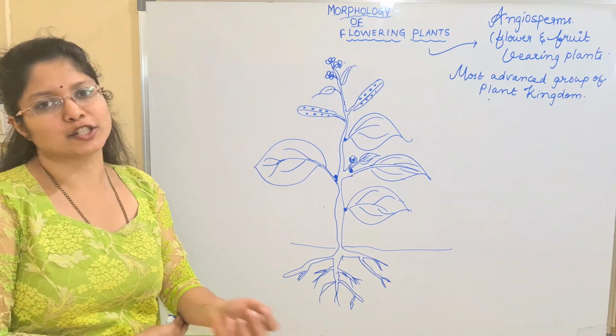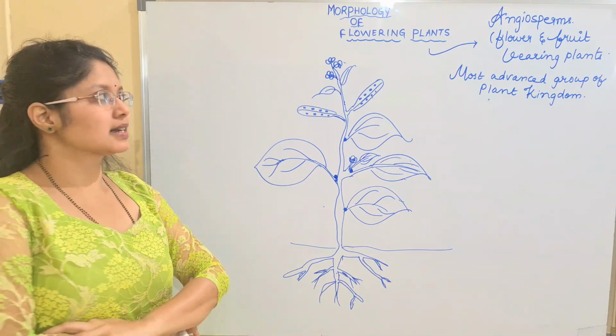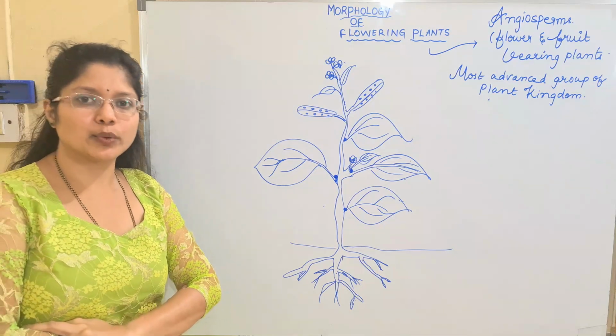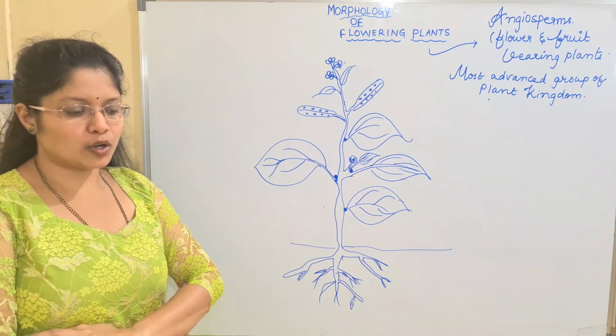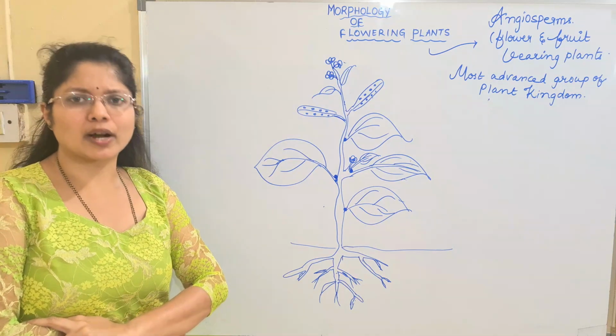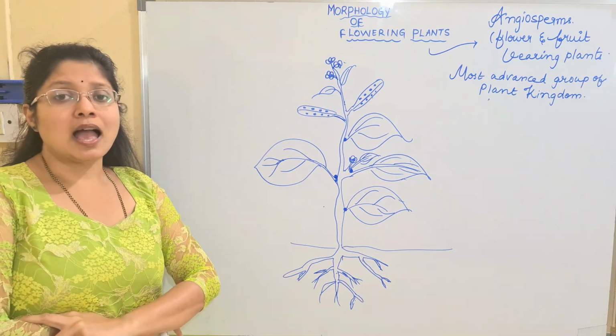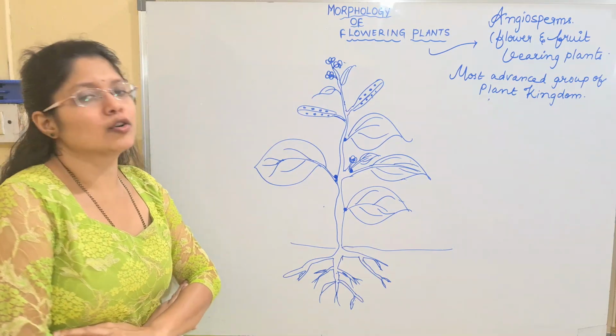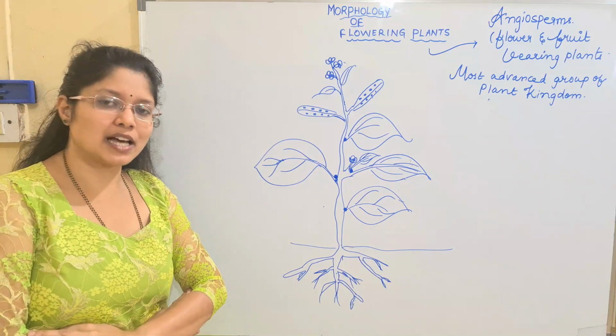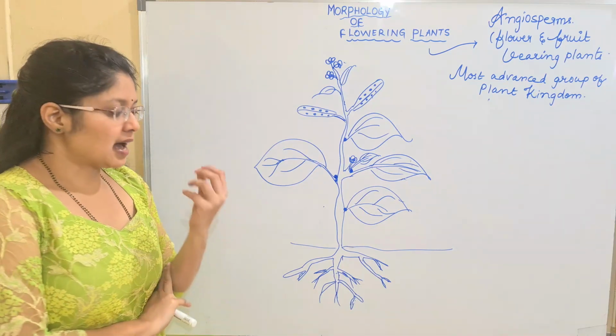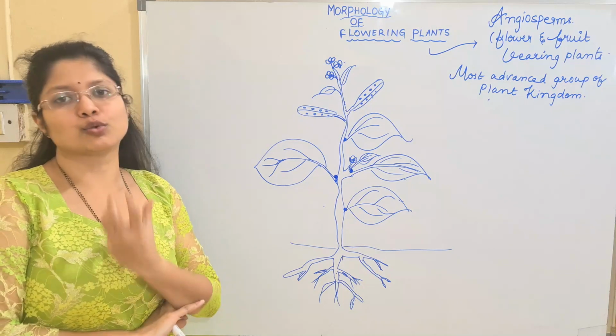Now, coming to the major topic here, what we are discussing is the angiosperms. First we will be learning about the angiospermic plant. We all know the angiospermic plant is a diploid plant, it is multicellular, and mainly here we have two systems. What are the two systems in the angiospermic plants, children? We have a root system and a shoot system.